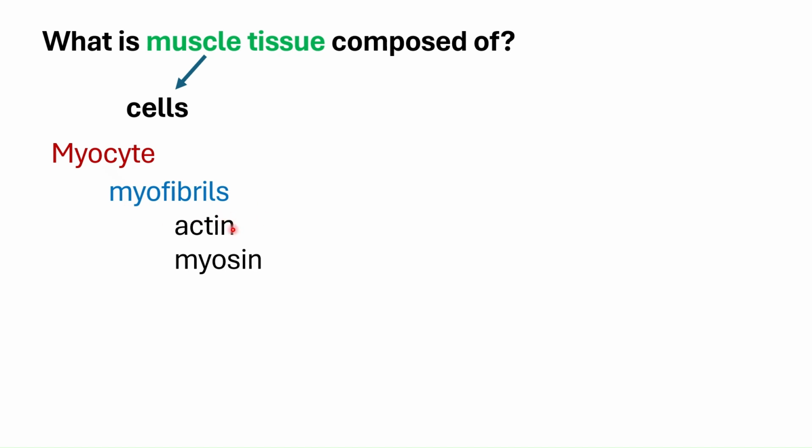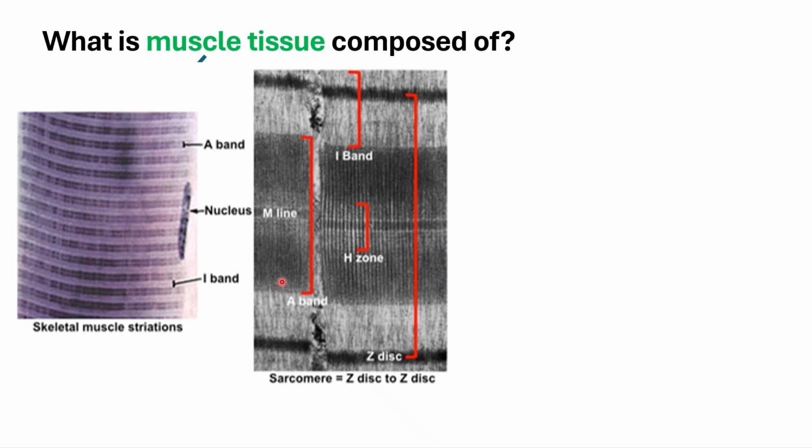You have your actin as well as your myosin. So the actin myofibril is the thinner among the two, while the myosin myofibril is the thicker of the two. Okay? And these two myofibrils, your actin and your myosin, you can actually see them, especially in the skeletal muscle tissue. They are arranged in a specific manner such that there is a formation of alternating bands. And if you see these bands in a light microscope, you can see them as striations or stripes.